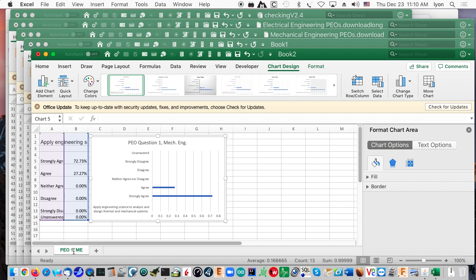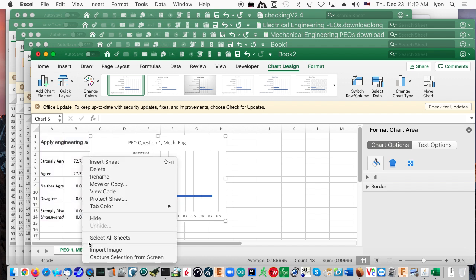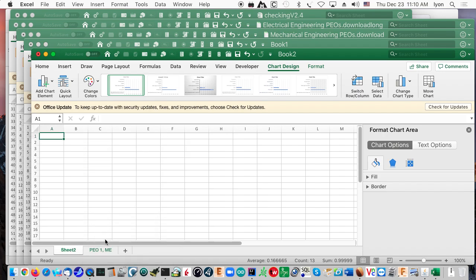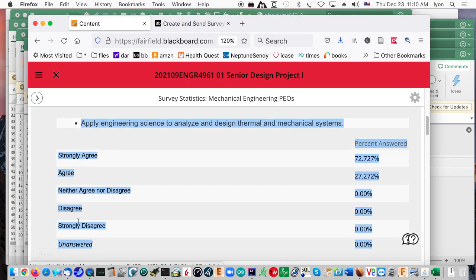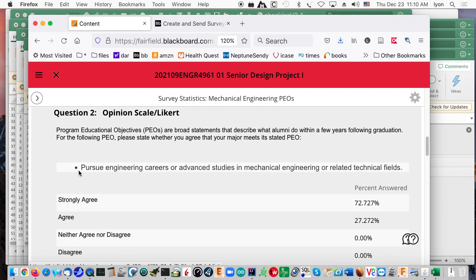And so now you can create another spreadsheet. Perhaps insert the chart. Call this one PEO 2 mechanical engineers. And go back to PEO 2 and see if you can